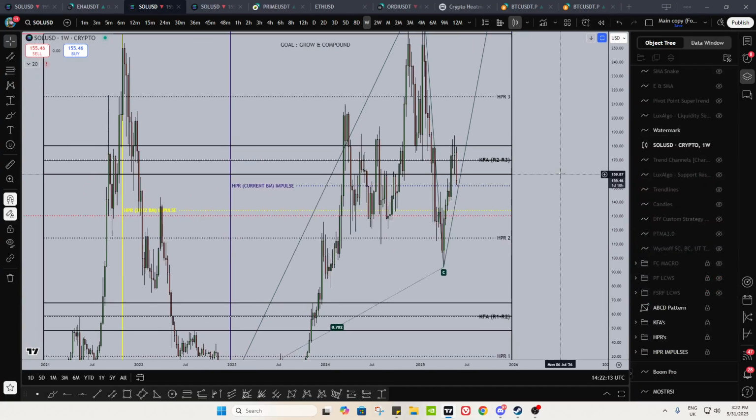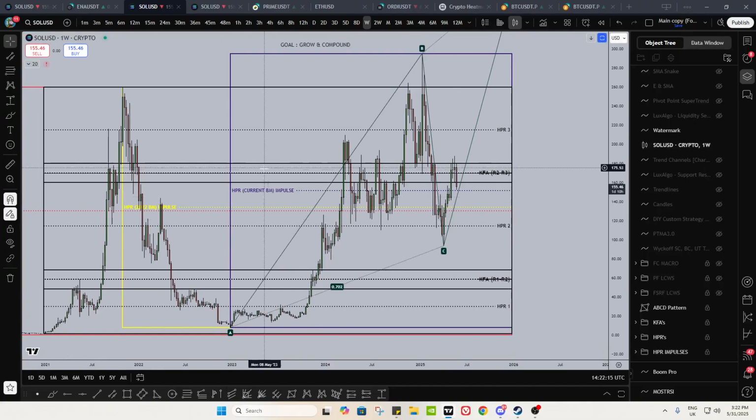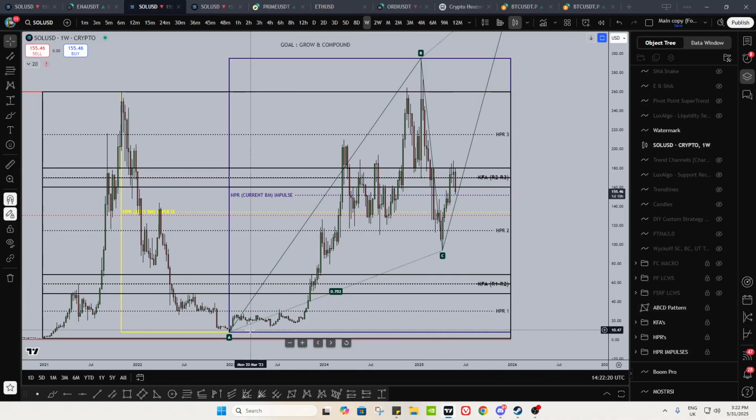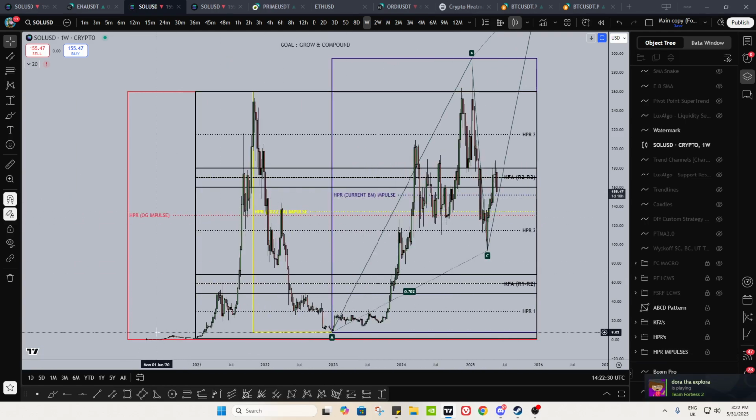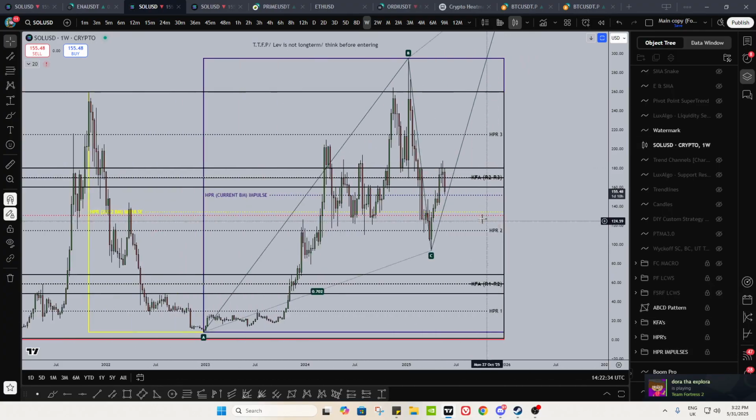We are currently bouncing off the high historical price range, current bull market impulse mid. Okay, the current impulse is from the low, of course, to the high of the impulse. The mid of that's providing support. If you lose that again, you've got 135, 134 to that 130 sort of area. You do have your original range, so that's your 2020 range, and then your 2022 downtrend impulse mids as well, which is going to provide you support.